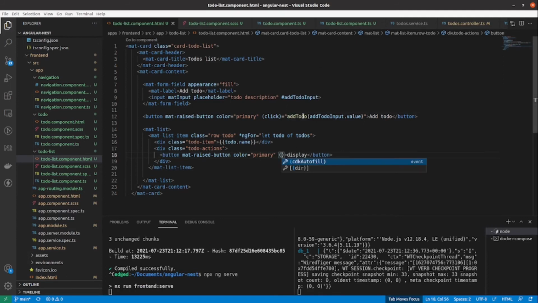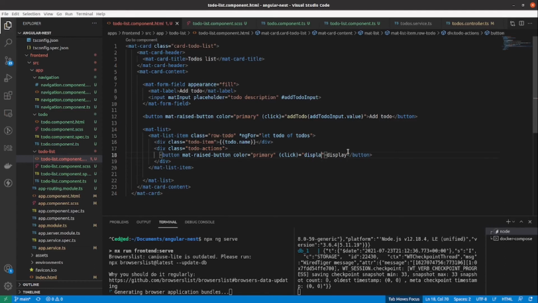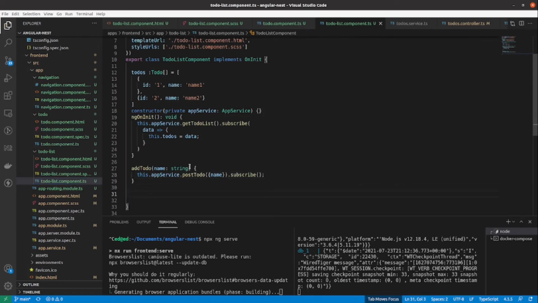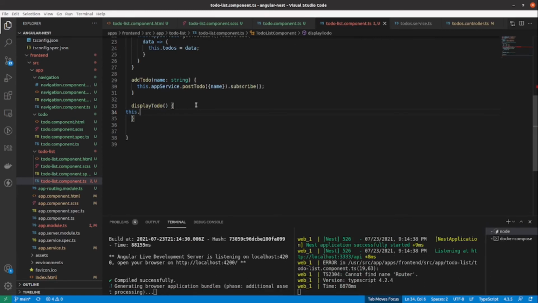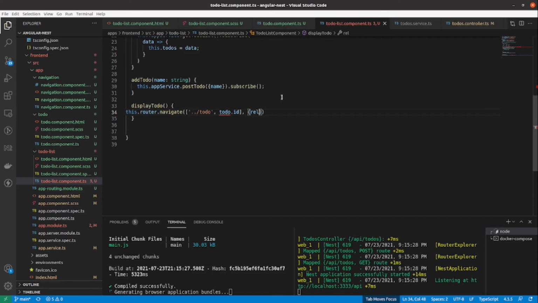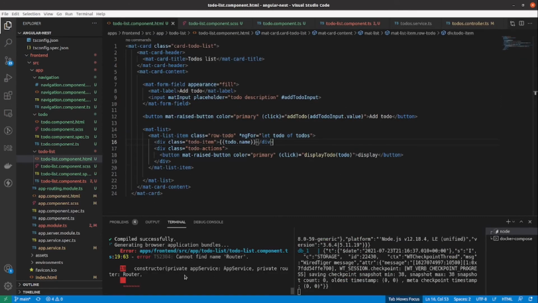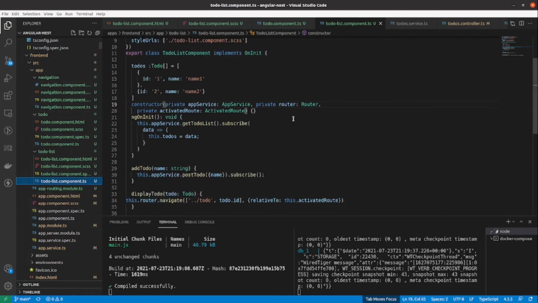In the meantime, we also try to handle the action on the display button so that it can redirect to a new page. So we are calling the display to-do method. We haven't created it yet, so let's go and create it in the component. Now let's inject the router and the activated route and use them to navigate to a specific to-do page. And this routing is using the ID,